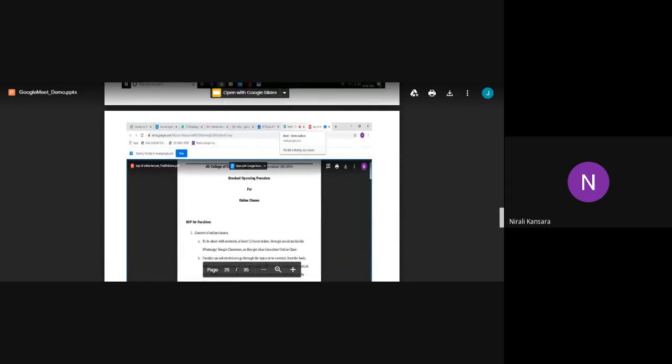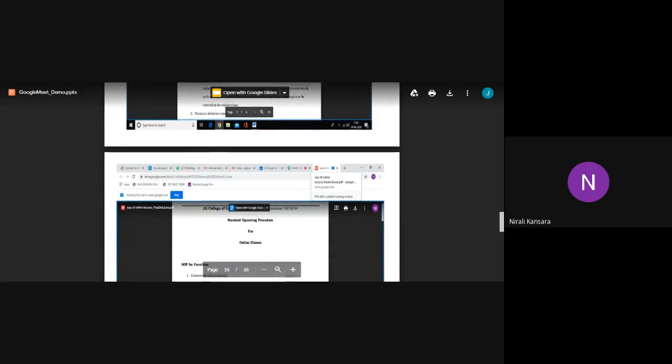When you click on the Meet option, and when you click on the tab which is sharing your file, you will see the option "this tab's content is being shared." That means you can understand which file is being shared. Okay, so these two tabs are important. From here you can share, and from here you can understand this file is being shared.